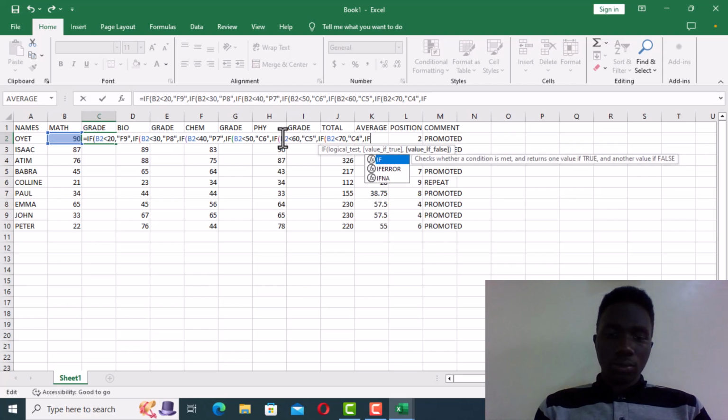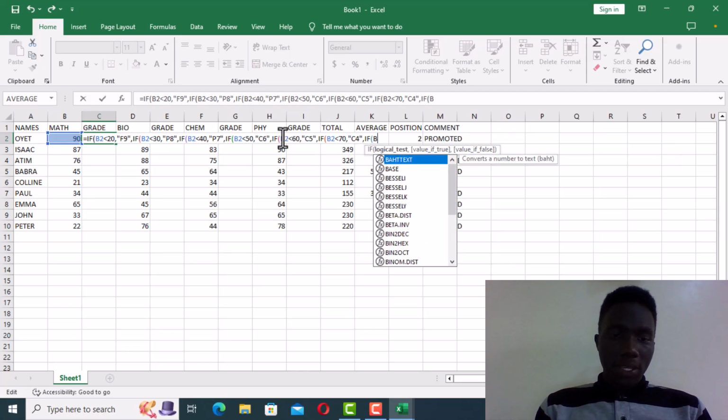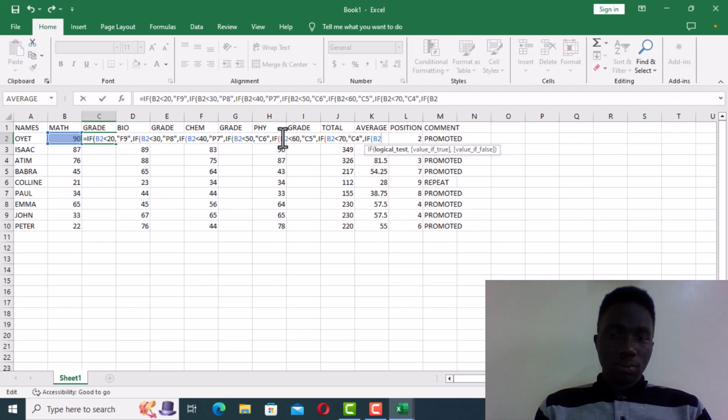if, open brackets, B2 is less than 80, comma, we're going to give that, I think it's C3, yeah, C3, that's a good 3. Sorry, we almost got this close, so give it C3, and close it,